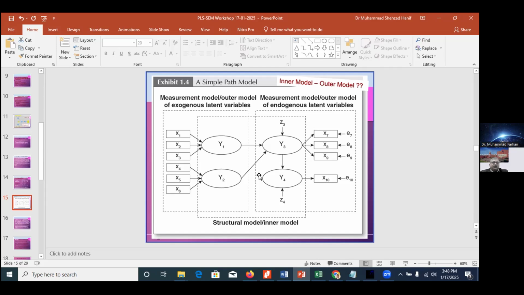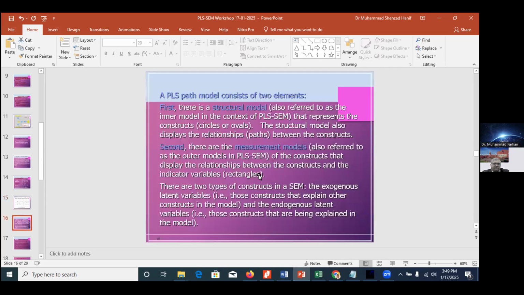So that's why we use structural equation modeling. And no doubt about that, if we want to measure it using other methods, I'm not going to get such robust results as we will get through this PLS-SEM. I already explained the structural model, the measurement model.